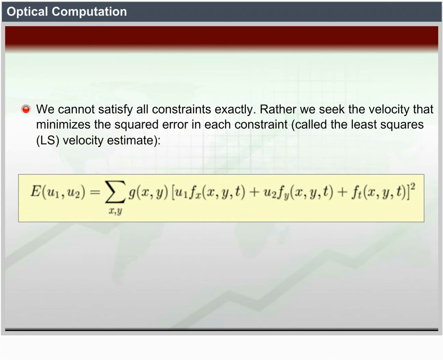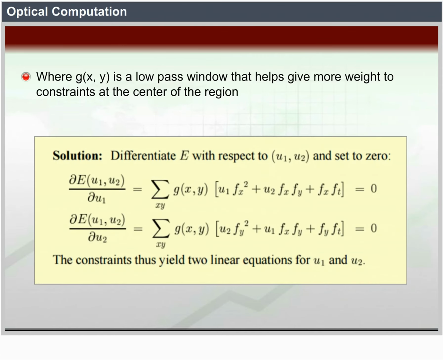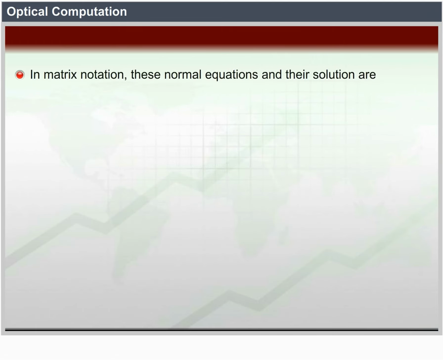Here G of x, y is a low-pass window that helps give more weight to constraints at the center of the region. Solution: differentiate E with respect to u1, u2 and set to 0, as shown in the equations on screen. The constraints thus yield two linear equations for u1 and u2. In matrix notation, these normal equations and their solution are as shown, assuming M to the power of minus 1 exists, where